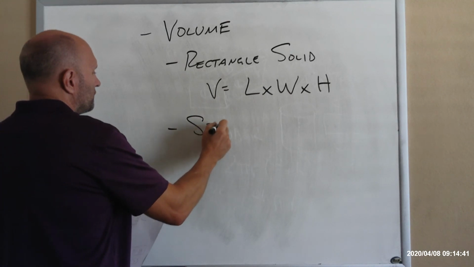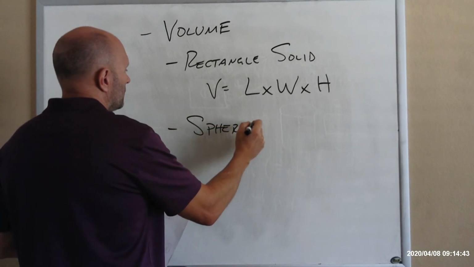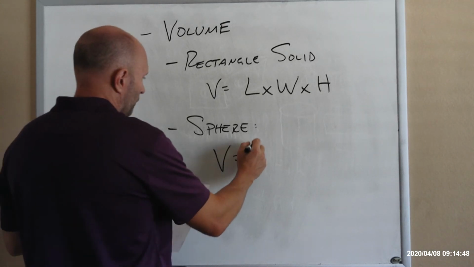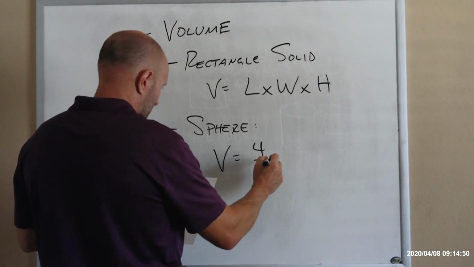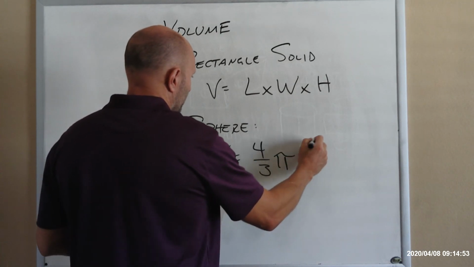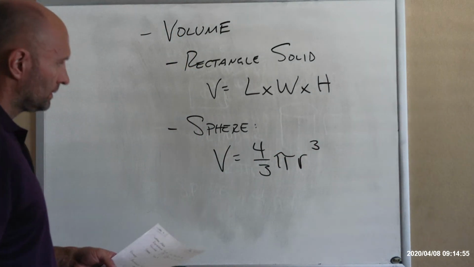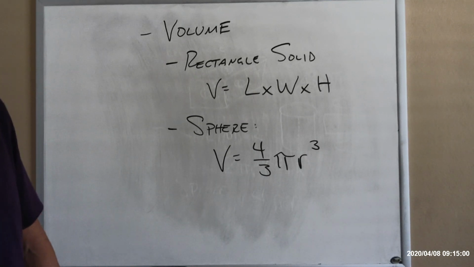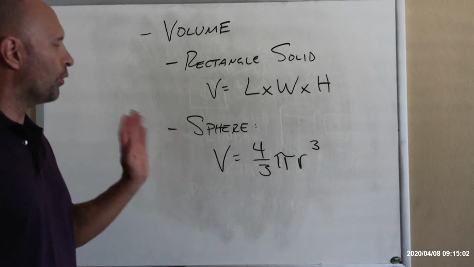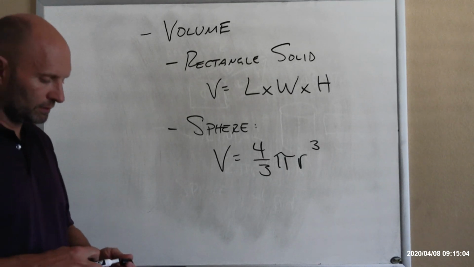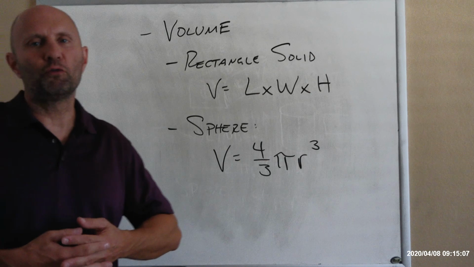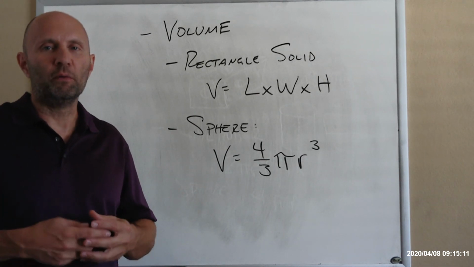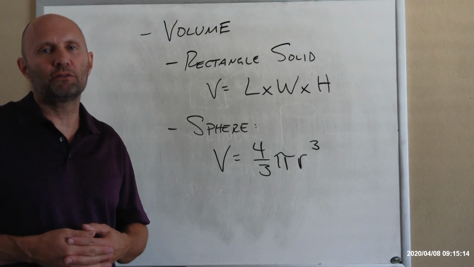And the other one is a sphere. For this one, our volume is 4/3 pi r cubed. So be careful with that. It's not pi r squared, like with the radius and such. It's pi r cubed. 4/3 pi r cubed. And again, those are really the only formulas you're going to need to know for volume. So that's it. We made it to the end here with the material you guys are going to be responsible